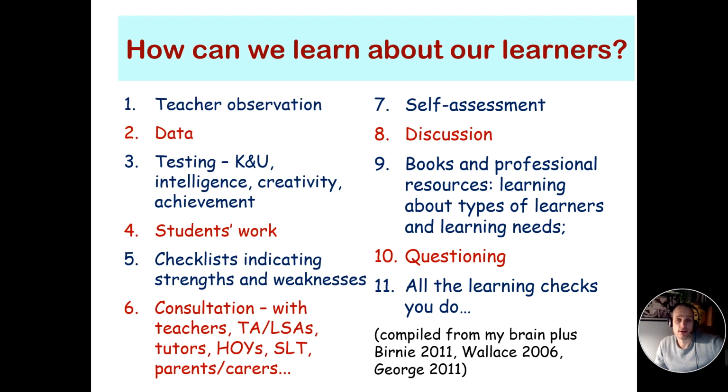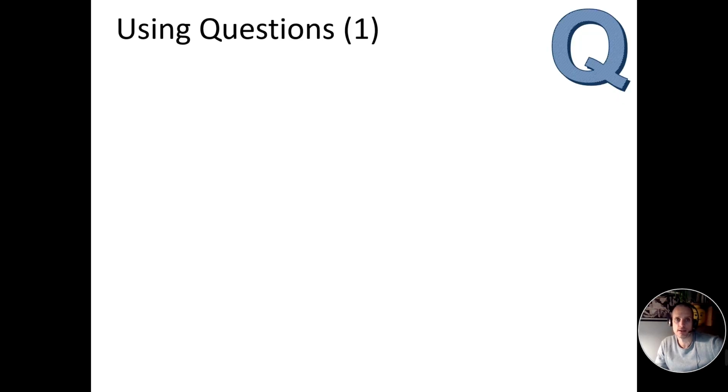So how can we learn about our learners? There's lots of different ways to do it. There's lots of different information at our disposal that we can get from the school, we can get from other teachers, we can look in the past, and there are things we can do now to ascertain where students are at prior to learning beginning.